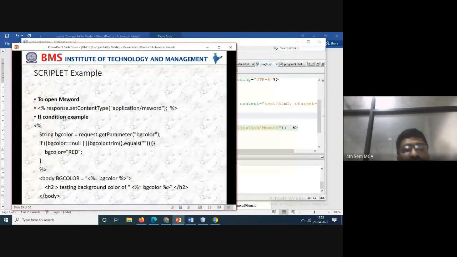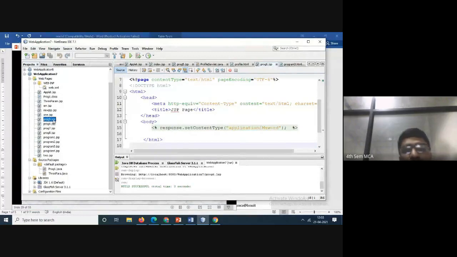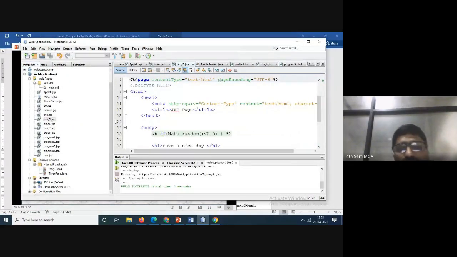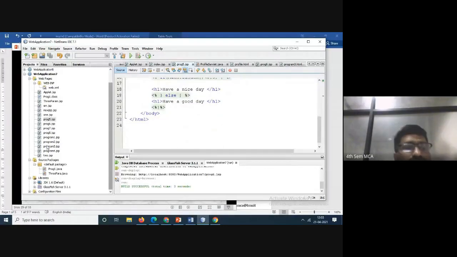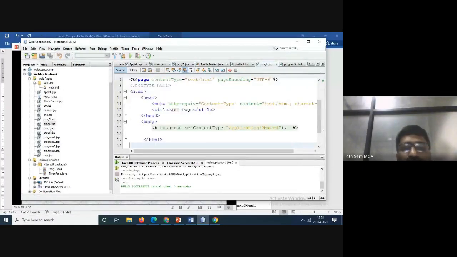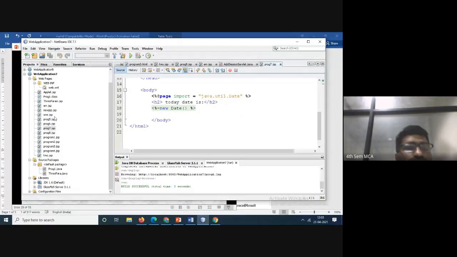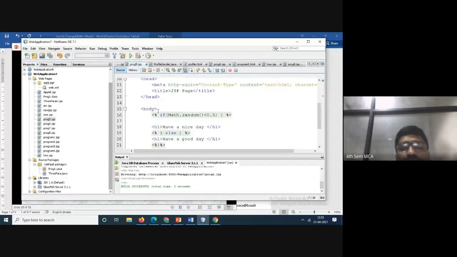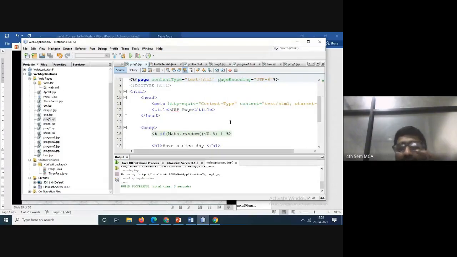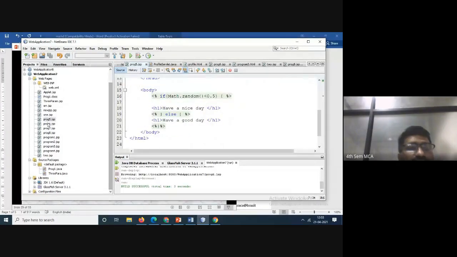So this is nothing but the if conditions. Scriptlet examples, if condition, background color. Have a nice day, good day. Okay, so if conditions I have written this one, so you can see this.